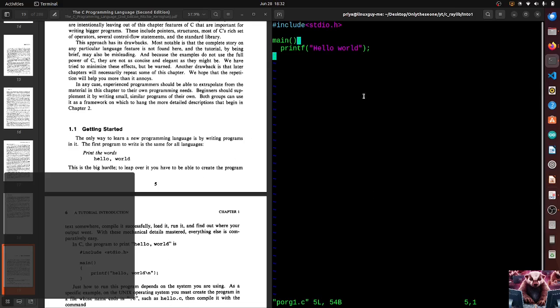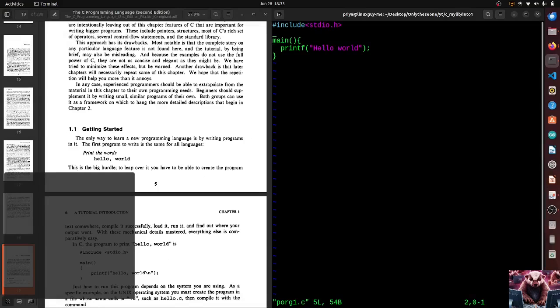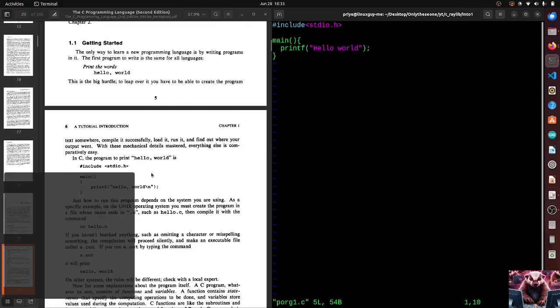So let's start. Now let me explain the lines. Include stdio.h is basically saying include the standard input output header file. It has some written functions which you can use. The next line is the main function. Every program needs to have a main function. The warning was basically saying that you need to include this int, when you declare the